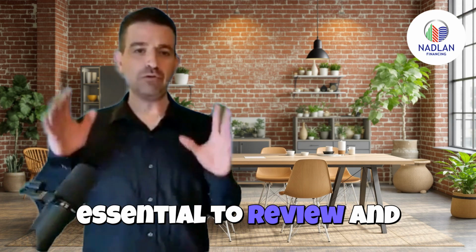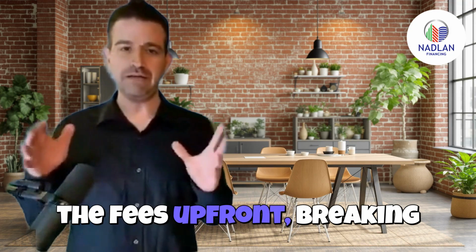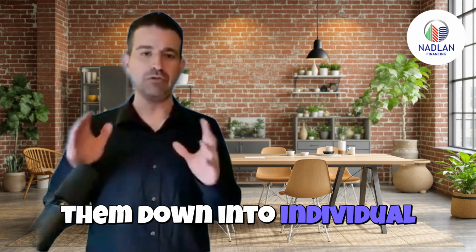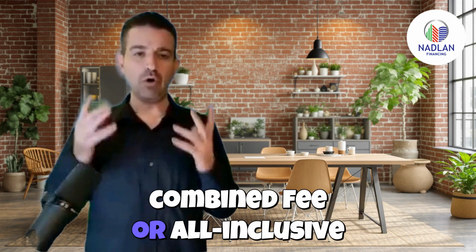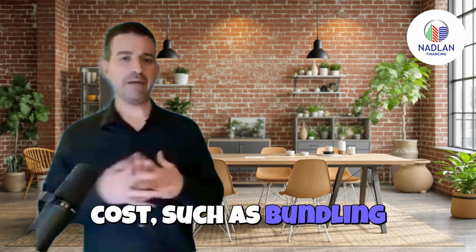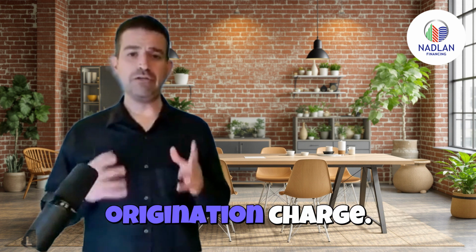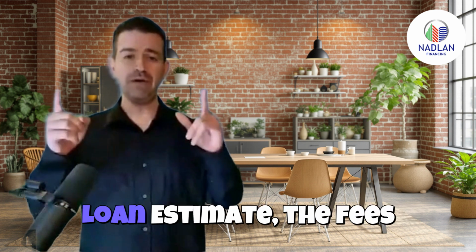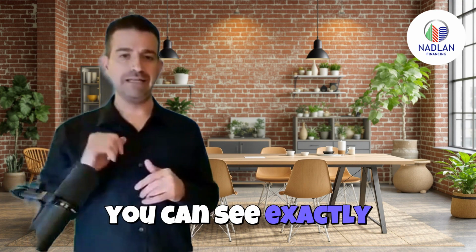It's essential to review and compare these fees with each lender when shopping for a mortgage. Some lenders might list the fees up front, breaking them down into individual charges. Others may present a combined fee or all-inclusive cost, such as bundling the credit report and underwriting fees into the origination charge. When you get your loan estimate, the fees will be itemized so you can see exactly how much